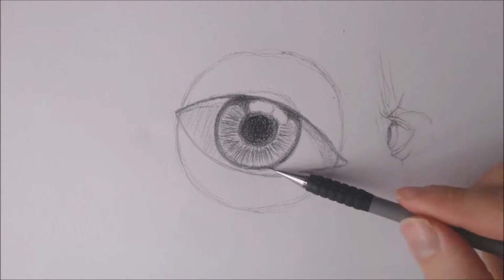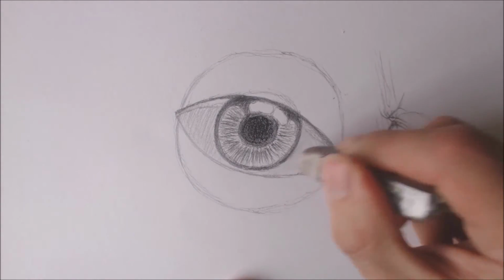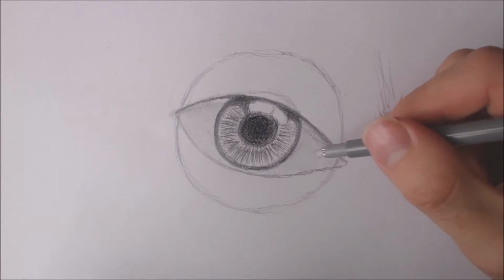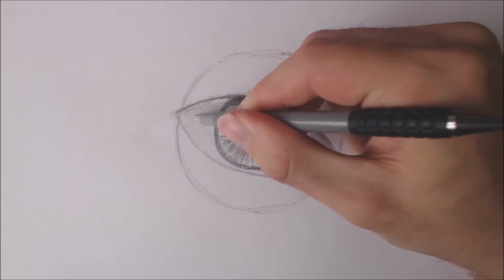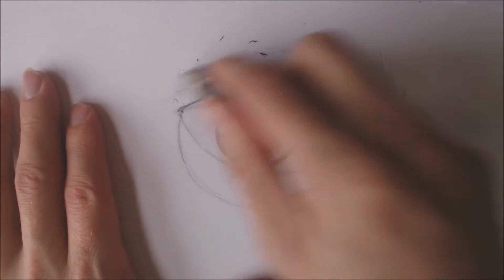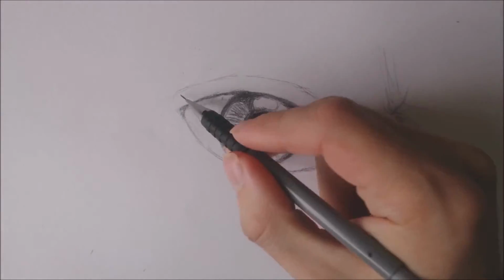This is me explaining that eyeballs aren't actually pure white. They're just a little bit off-white, maybe a little kind of like pale cream or something. Then I'm using an eraser just to erase some of the highlights in that eyeball. And then I start drawing in a little bit more detail of the top eyelid, also removing the outer circle